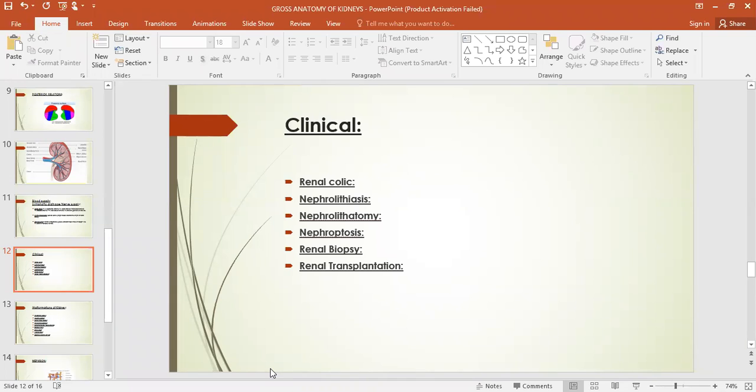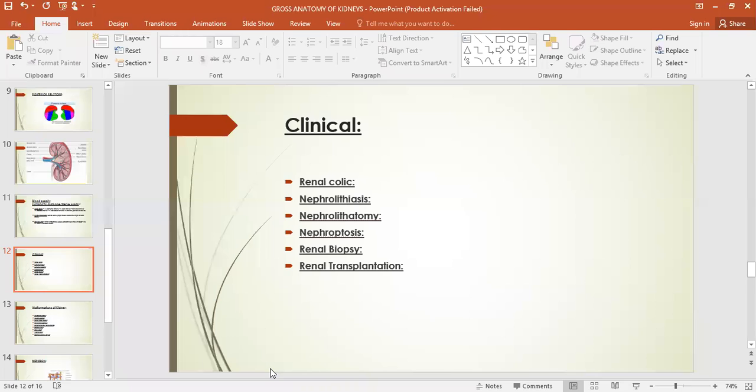Then is the renal transplantation. How does renal transplantation take place? We transplant the kidney placed in the iliac fossa retroperitoneally, and the renal artery is anastomosed with the internal iliac artery and the renal vein with the external iliac vein, and the ureter